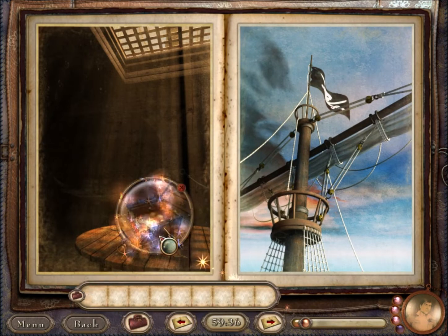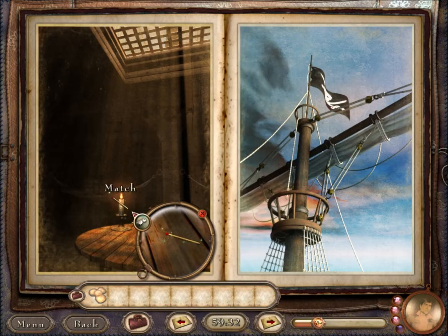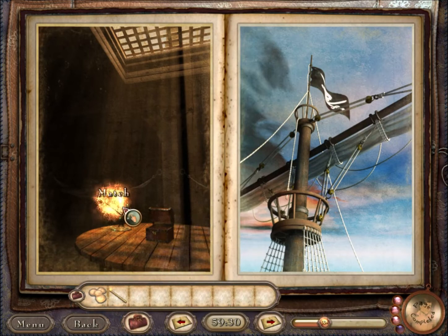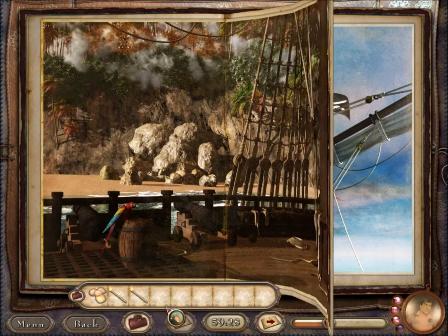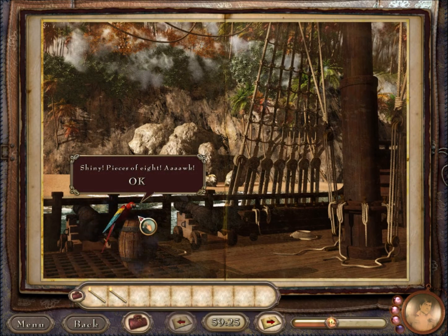We need to find his map inside this cave, but the cave is covered with rocks. So we're going to use the key here. Gives us pieces of 8 and some matches. You want to light both matches. Great. Use the pieces of 8 on the parrot, because the parrot says, "Arr, shiny things, shiny things." So that gets rid of the parrot,